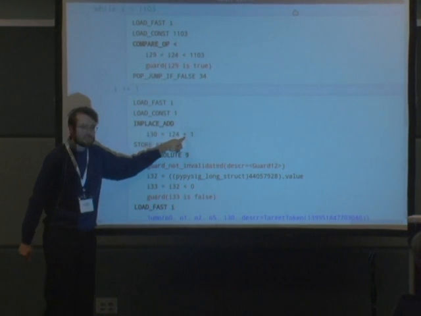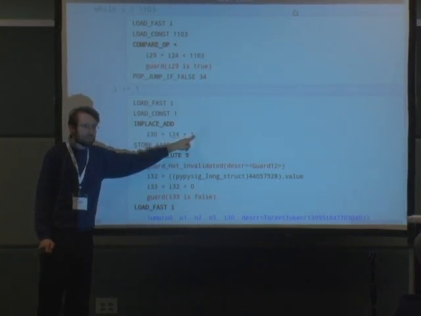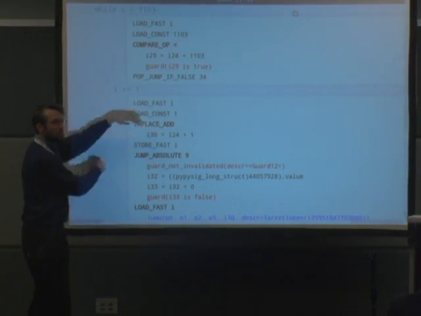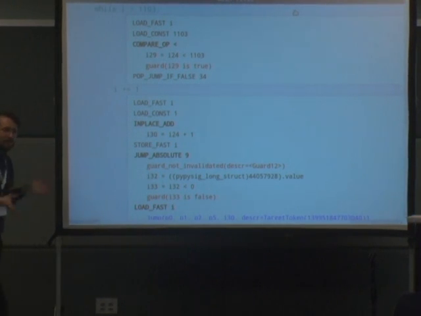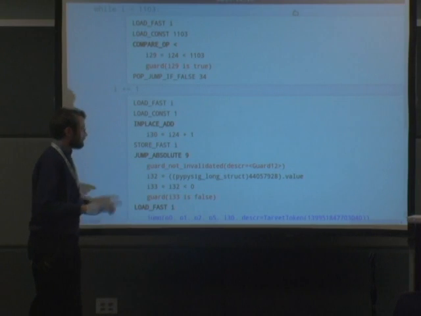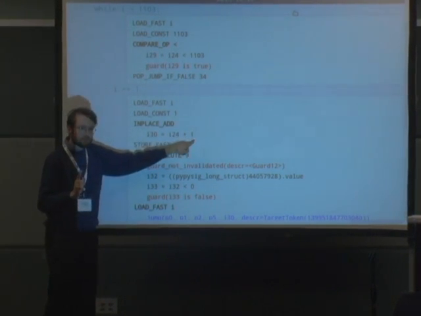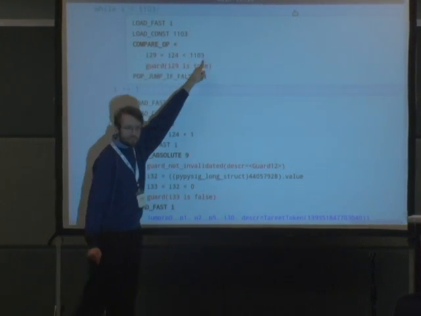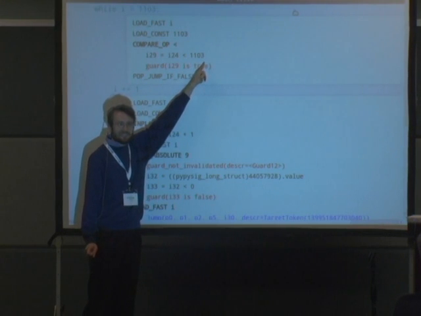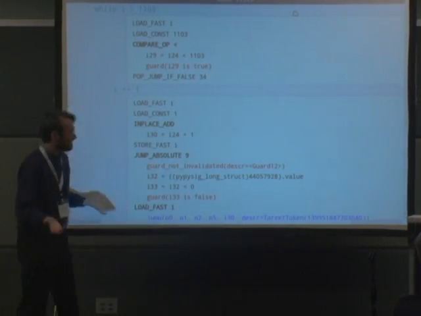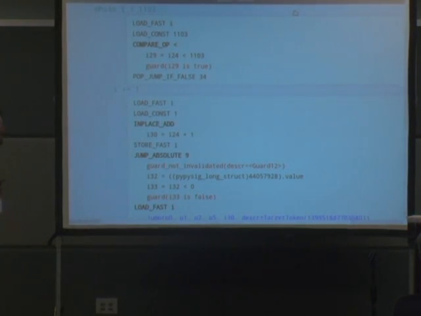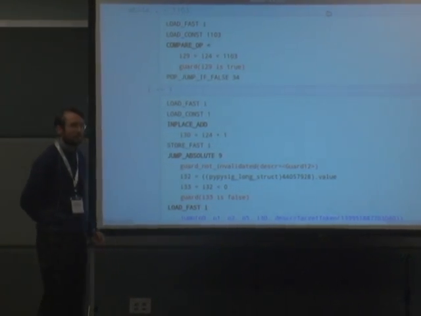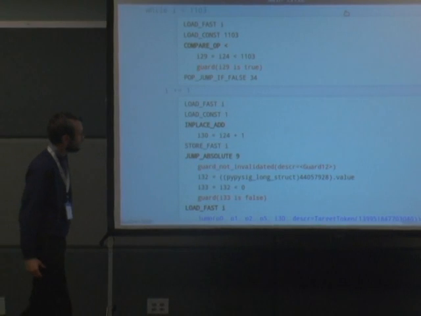And then here you have an addition plus 1. Maybe this can overflow, and if it does, you would need everything you usually do in Python. But in this case it cannot overflow, because you add 1 to a variable that you already checked is smaller than 1000. It's really a combination of all these factors that gives you this completely efficient code.